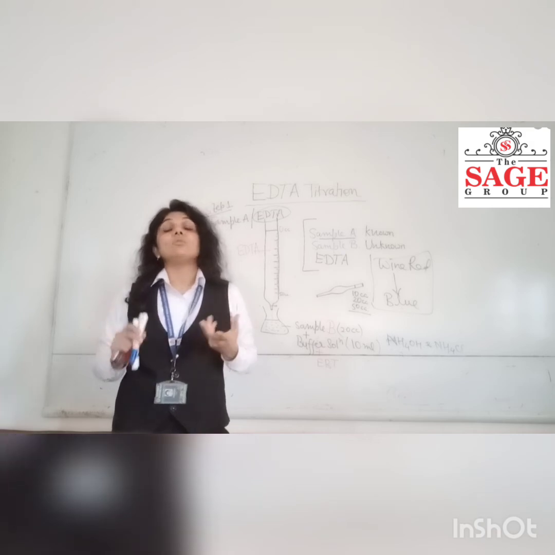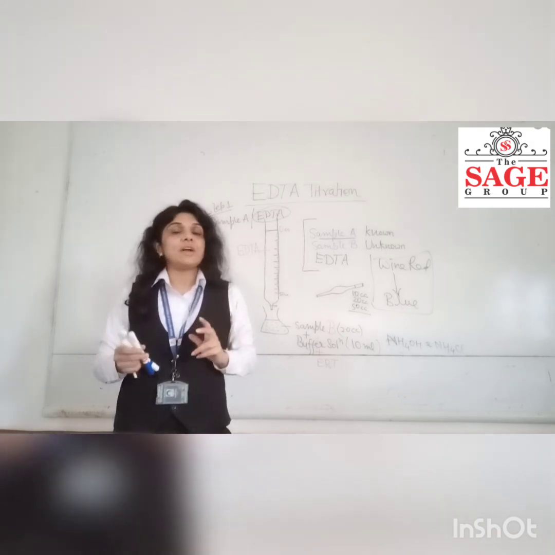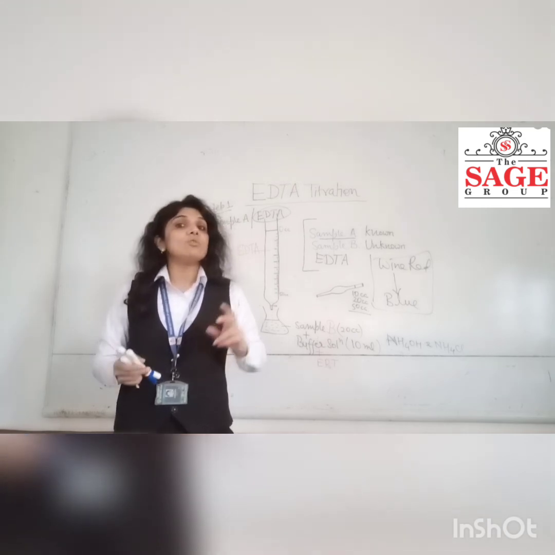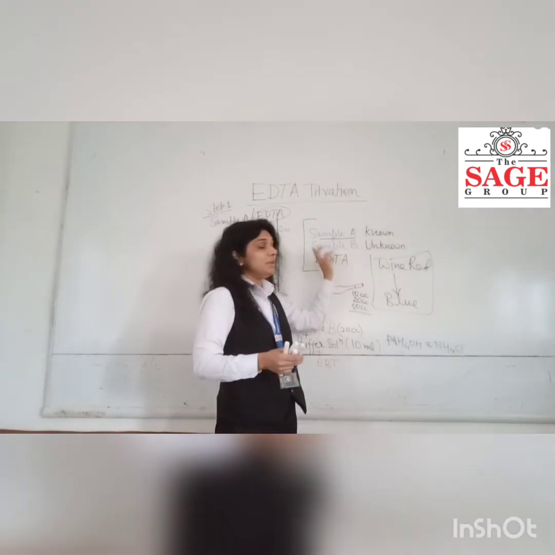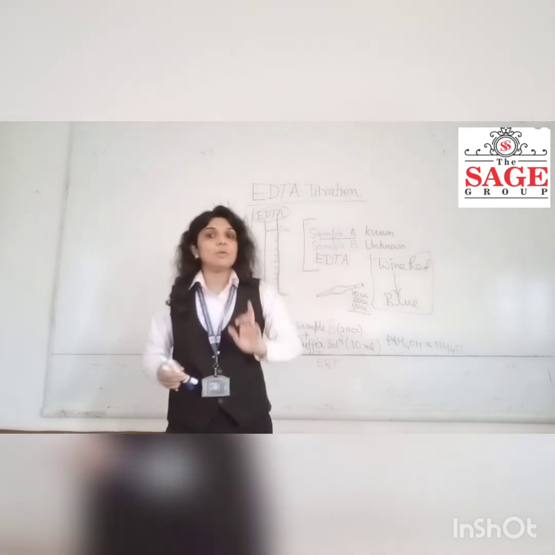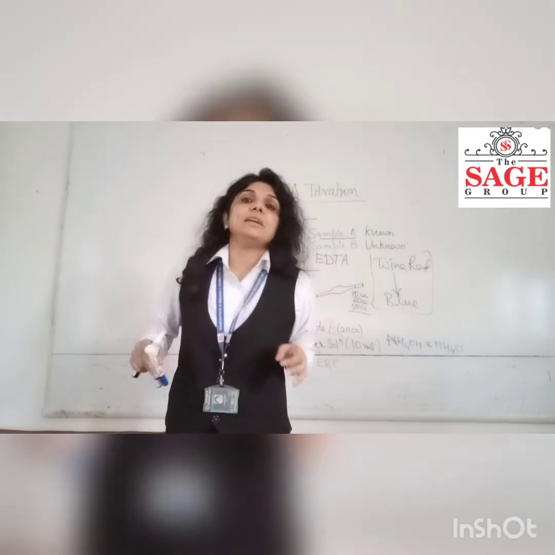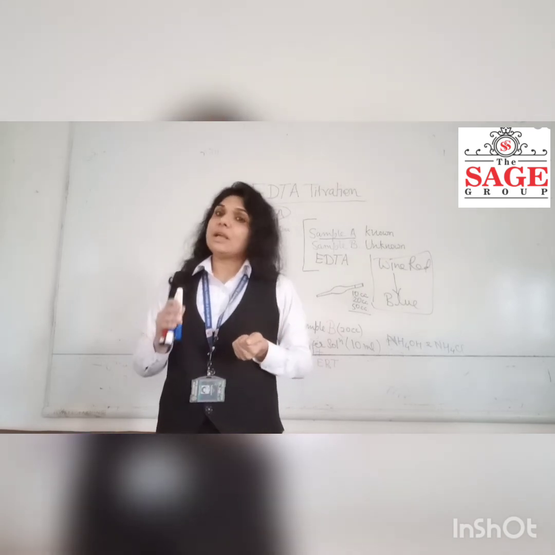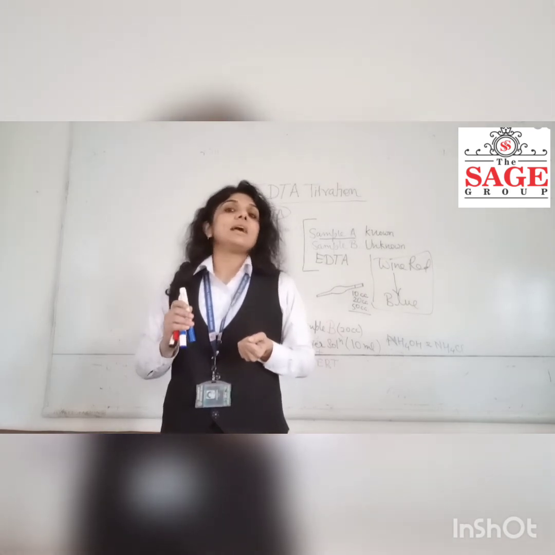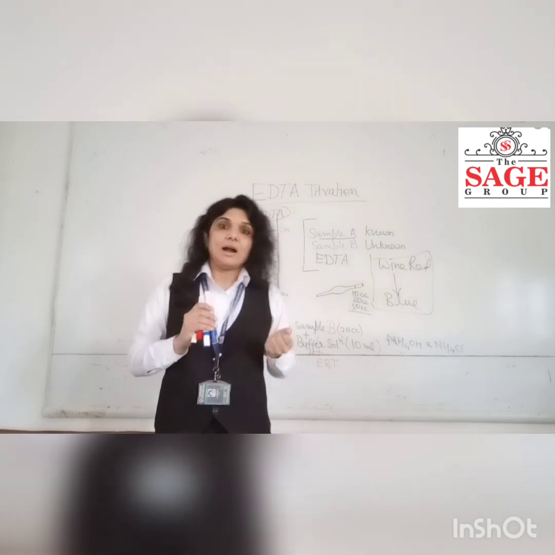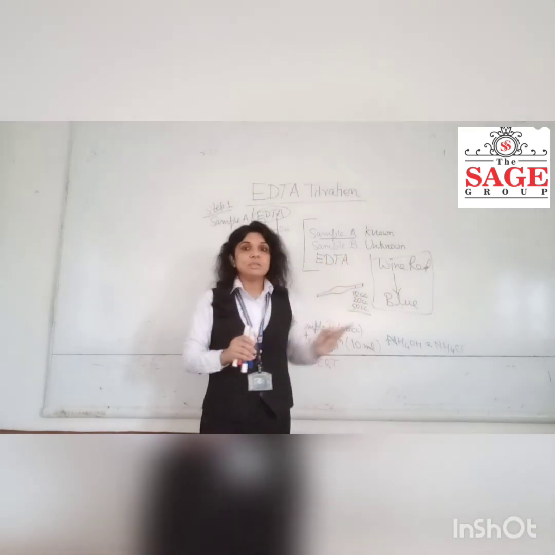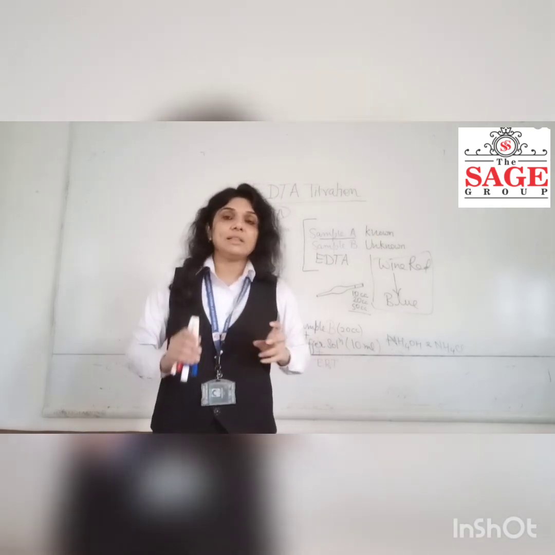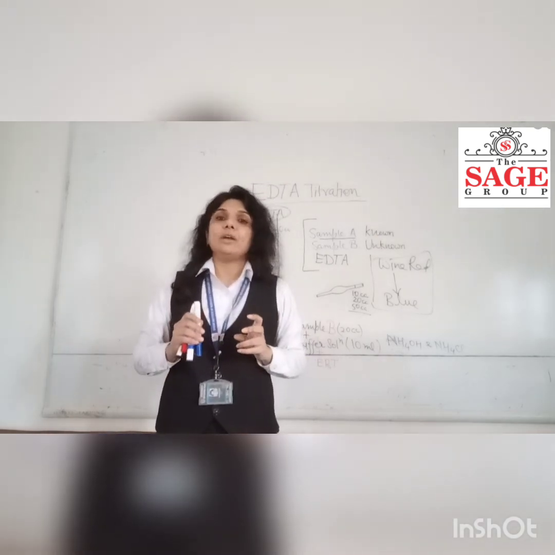Now how to find out the concentration? Our aim was to find out the hardness. Why are we doing this titration? To find out the hardness of sample B. This was our ultimate aim. By getting the readings or results, we will do the calculations, and after the calculation you will get the hardness of sample B, meaning what amount of salts are causing hardness in that solution.